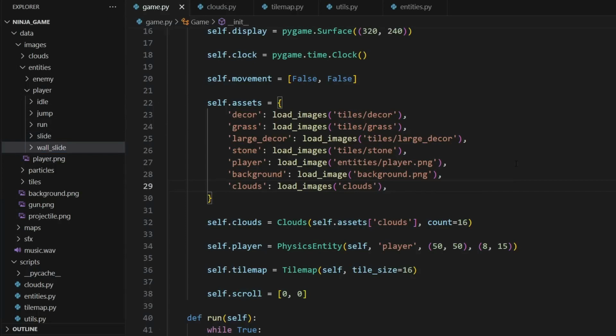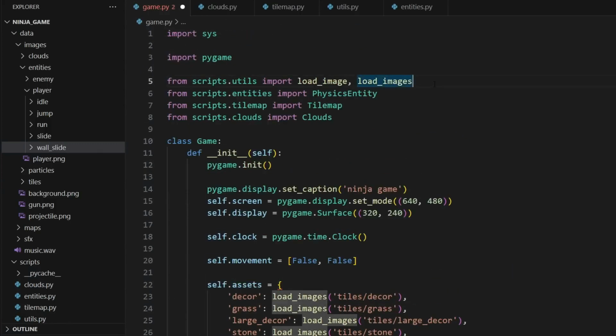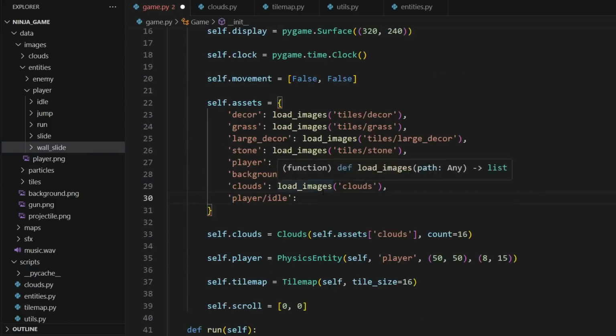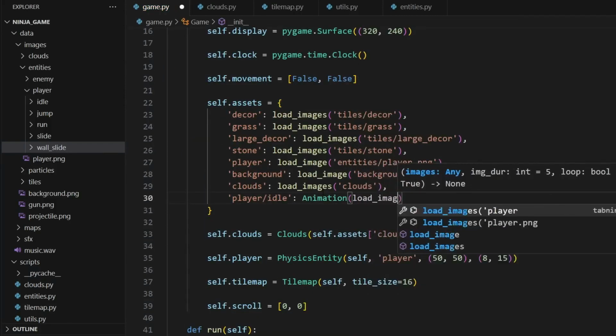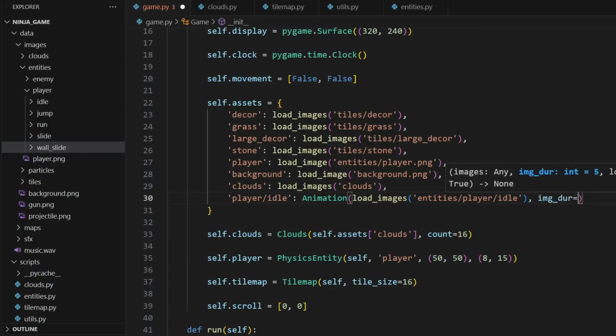So you could write something fancy to load all these in automatically, but for this, it's quicker, just for the scope. If you're creating a bigger game, I would actually write something to load this better, but for this tutorial, I'm going to do it by hand, so we'll do player/idle equals, and then we'll actually have to go up here, and in utils, we'll want animation. We'll do animation of load images. Remember, the first parameter for animation is the set of images we want an animation of, so we can just pass in what images we're loading here. We can do entities slash player slash idle, and then we'll set our image duration to 6, because